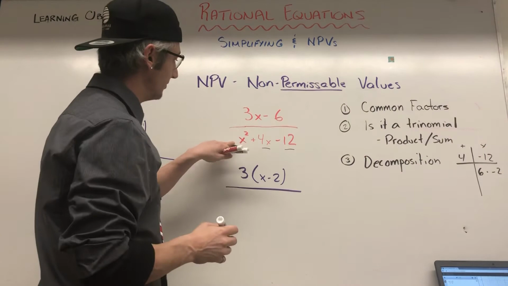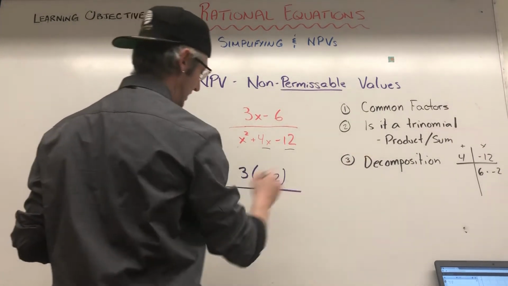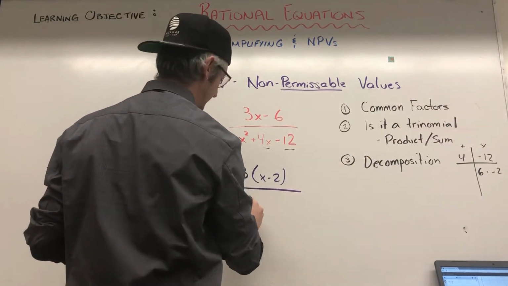So I do that up here. Now I'll look at the bottom here, the denominator, and I figured out that my factors are,